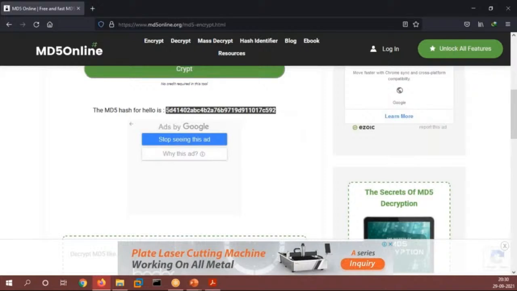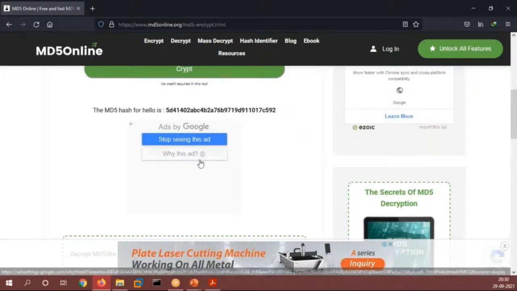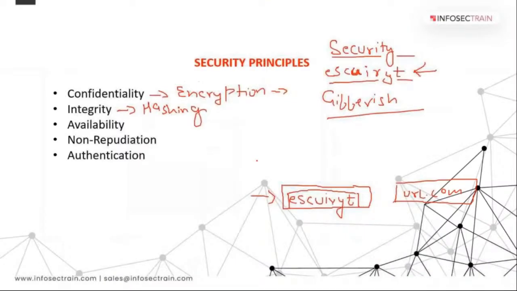Now only the person can check the integrity of the data from this. How can he check? Let me tell you. Let's say I have written hello. Now the hash for hello is, let's say, 5A B7 DD77 BX2C.